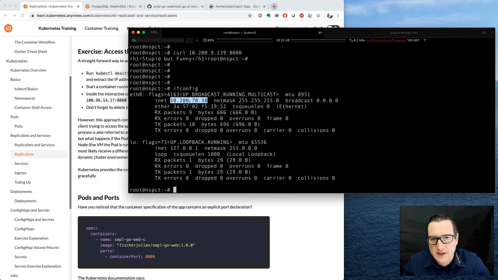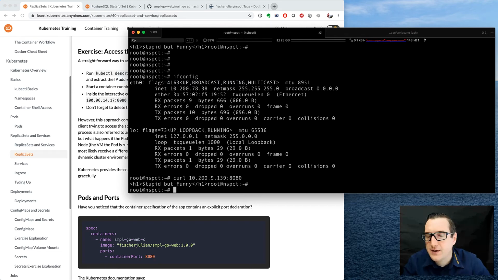So we are here in the inspect pod, and we are now curling to the ReplicaSet's pod, to the web service on port 8080. And you can see you can do that. So what this means is that you can reach a pod with its open ports from other pods without a restriction. The problem with this approach is that when we kill the pod,